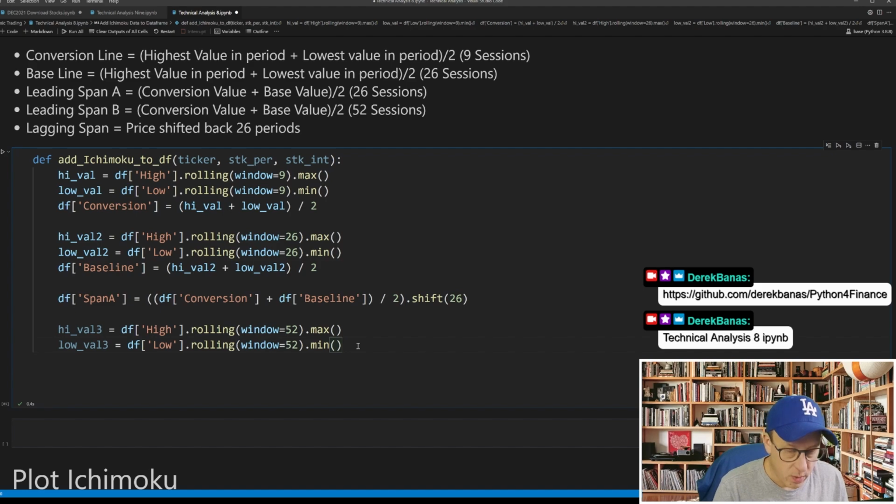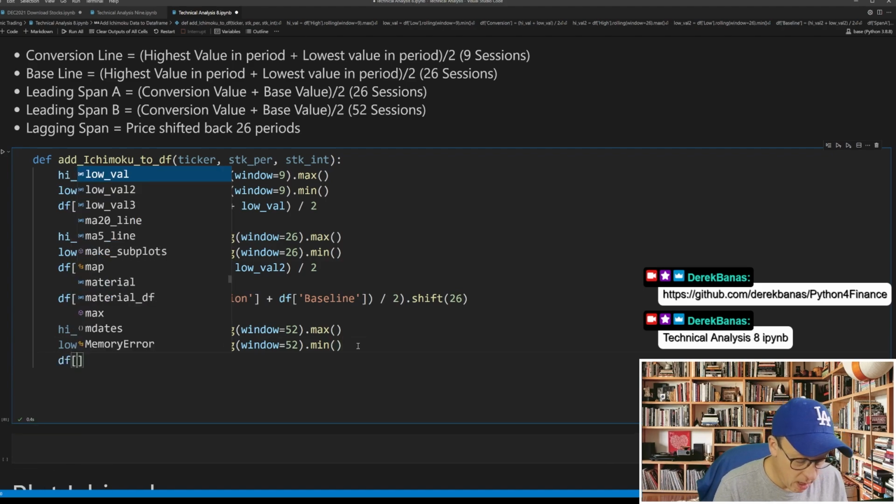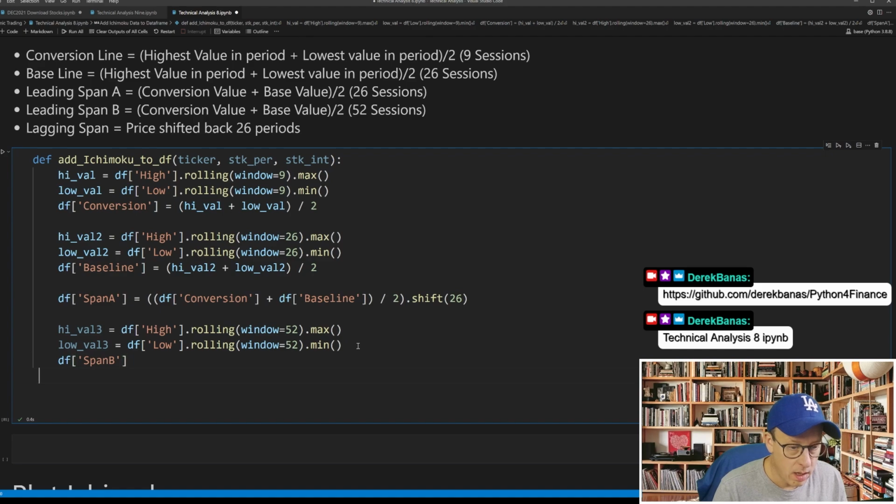Now what we can do after we have that is we can say df and span B like that, is equal to, and again we're going to now say high value 3 plus our low value 3, and we will divide this by 2. This is still going to be 26 sessions though because I did 52 up there. So let's just go shift like this, and this is going to be negative 26, and this is going to